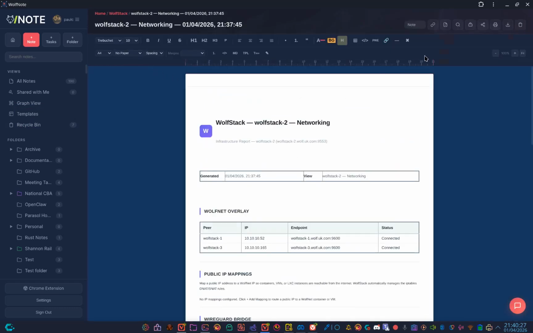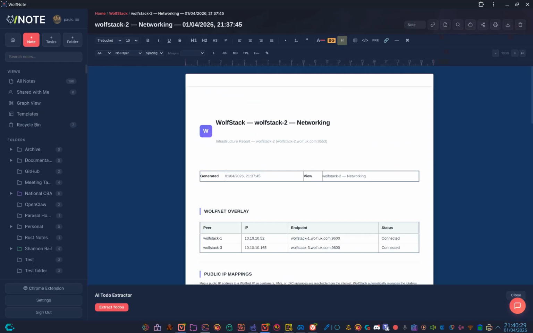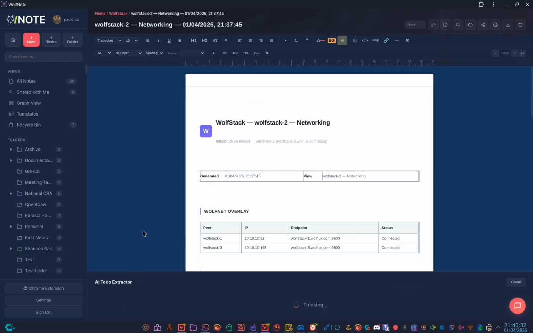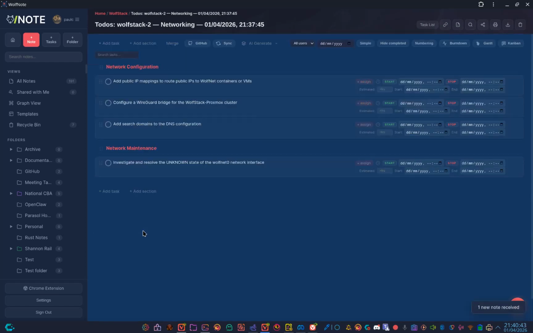I'm going to do something crazy, convert this to extract to-dos. I don't know what it's going to do with it because I've not done this yet, but it's running a to-do to convert. It'll convert anything into to-dos. So that can be if someone sent you a document with a list of instructions they want you to do. There you go. So it's created a set of to-dos for this, and you can actually then go, okay, how